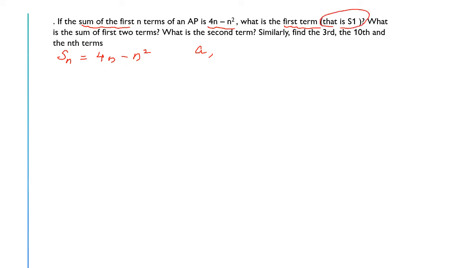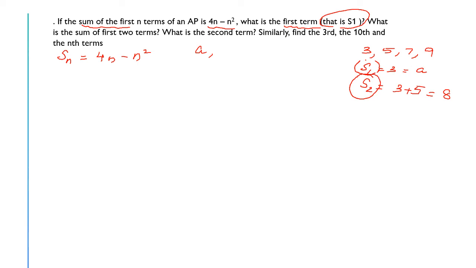Now children, if I write the question as 3, 5, 7, 9, etc. is in AP. Sum of first term, what is sum of first term? S1 is equal to 3. That is equal to first term itself, isn't it? Sum of two terms is 3 plus 5. 3 and 5 we are adding. That will be 8. Understood? So this is what you should understand here. S1, the sum of the first term, is the first term itself. Sum of the second term means first term plus the second term. This is what you have to be clear about here.